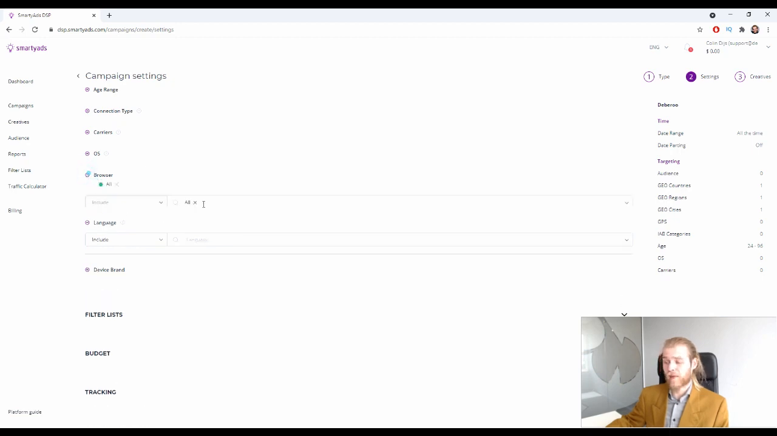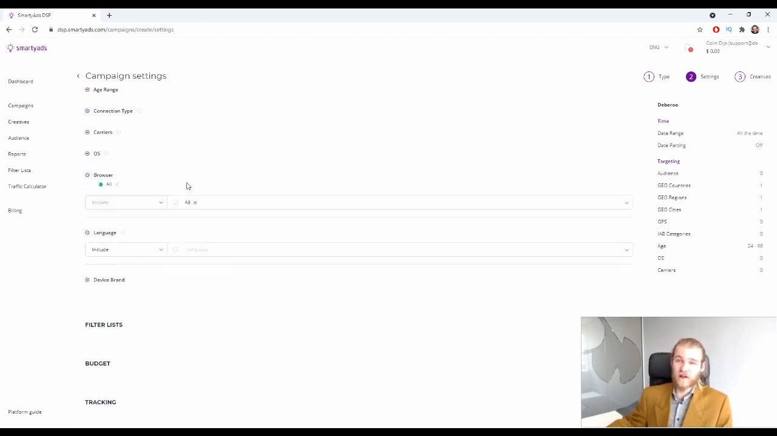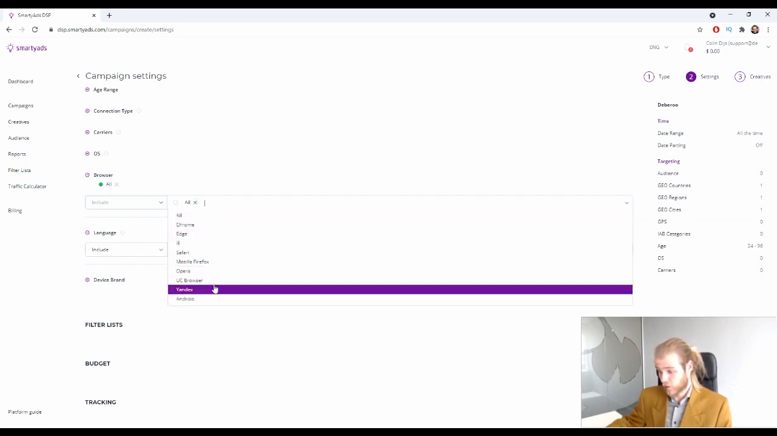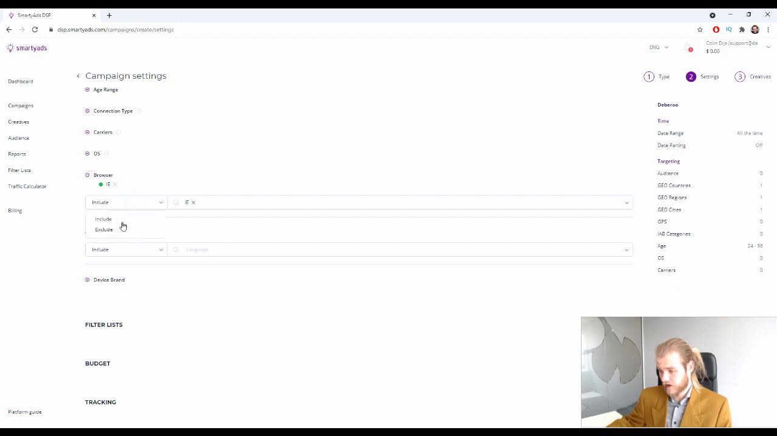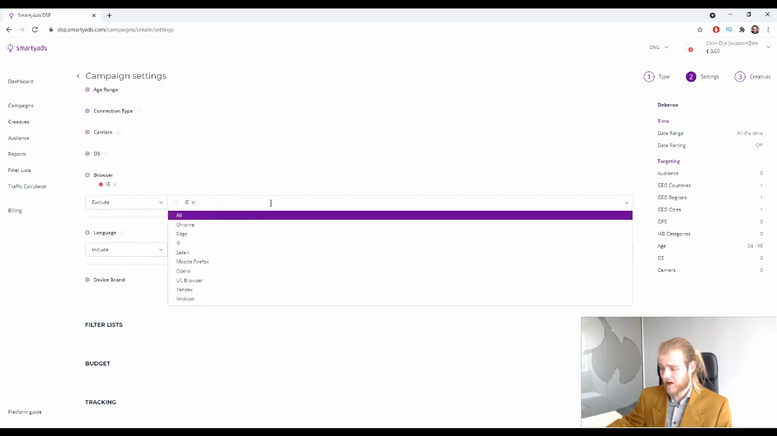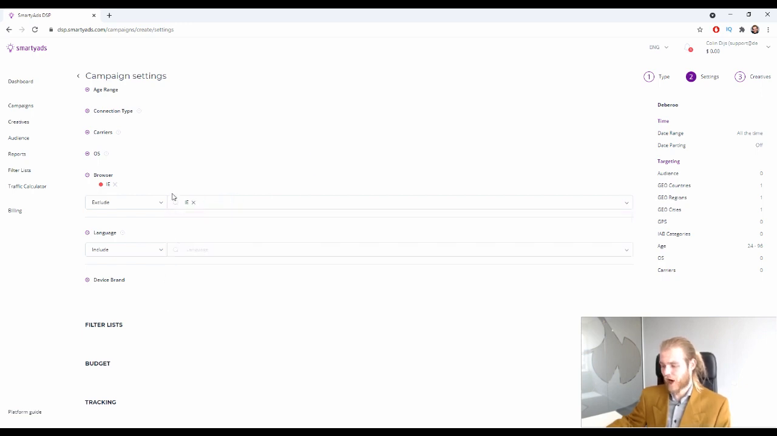I mean, it might be a problem later if we notice that specific browsers are not converting. For example, if Internet Explorer is not converting, but Google Chrome is going through the roof, then we might want to exclude Internet Explorer. So as of right now, it doesn't seem like, oh, actually, maybe it does work. So Internet Explorer, I want to exclude. Okay, perfect. So it does work. You just need to click on the area behind it,